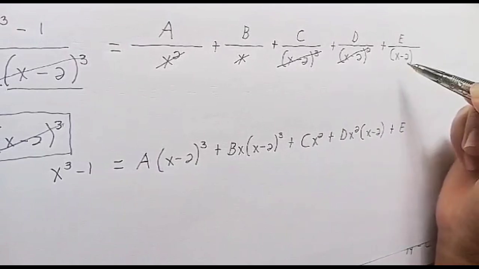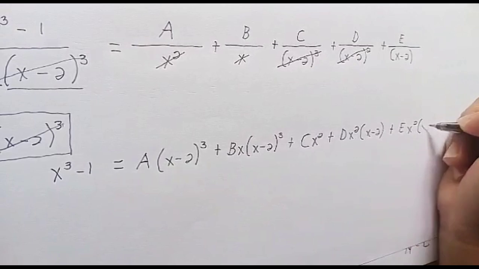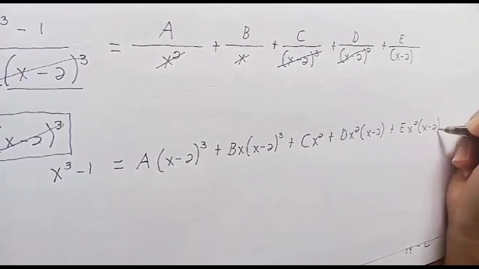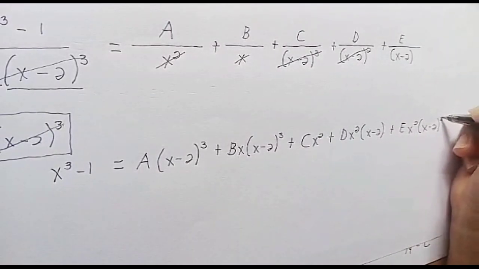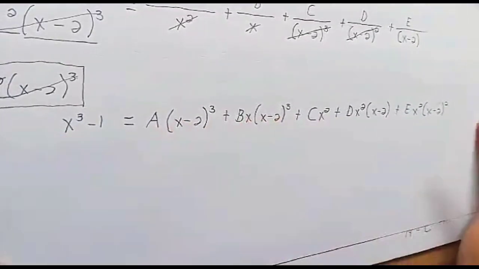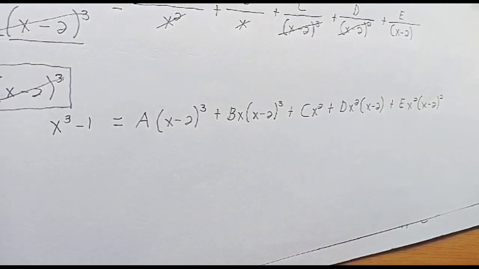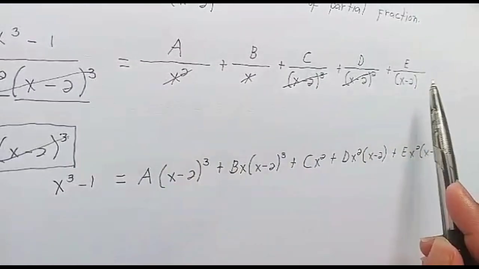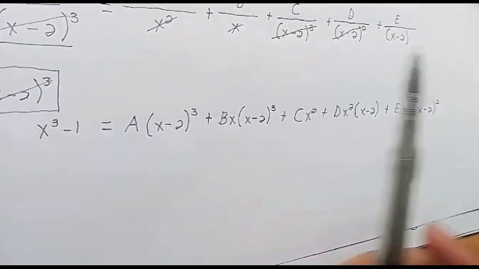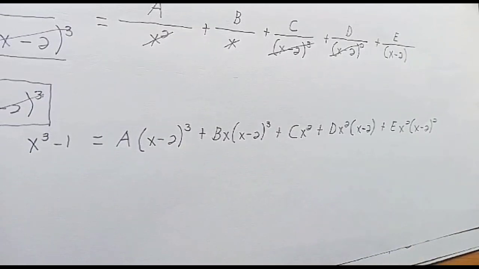Cancel it again. So, what remains is x square times x minus 2 raised to the second power. Now this process is done. Now, let us check if we can set a value of x to eliminate terms here. So, you will notice that